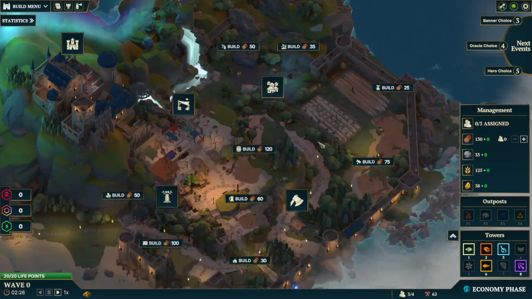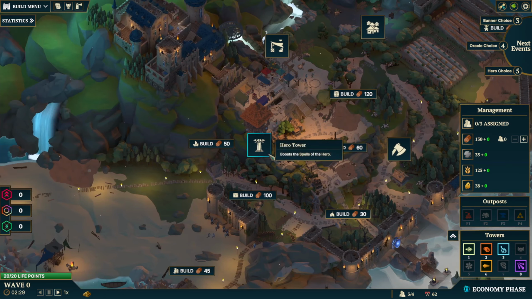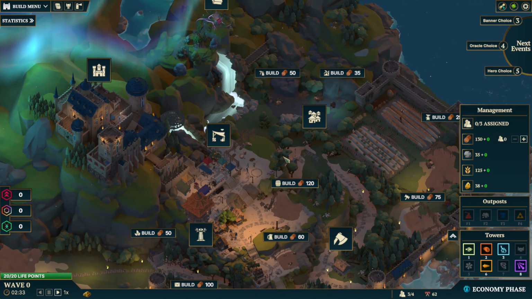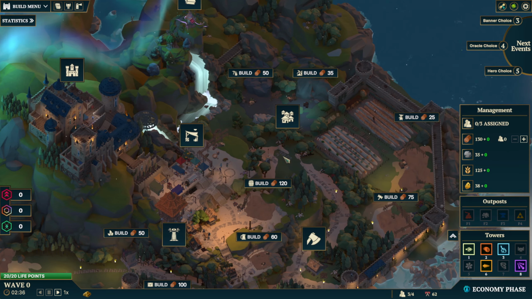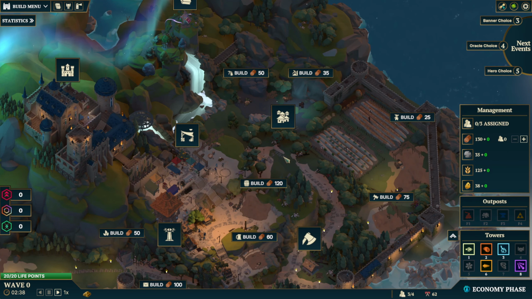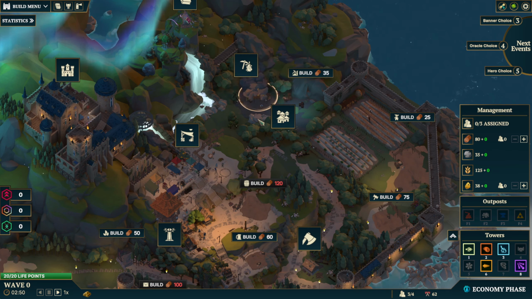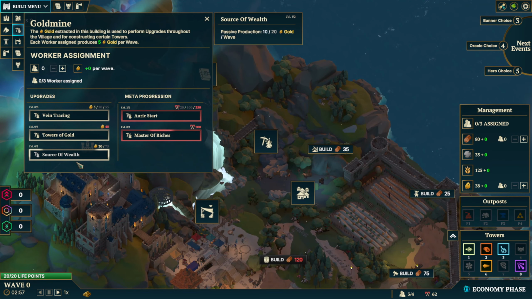For now, we're gonna look a little bit into our settlement, because that economy game is really important in case of this one. And I'm gonna show you what is the beginning that I usually go for. I usually go for gold generation. You use gold for upgrades to towers, as you saw, but also upgrades to your economy. And it is quite strong to build the gold mine first, and you could go for some upgrades that give you passive generation of resources,